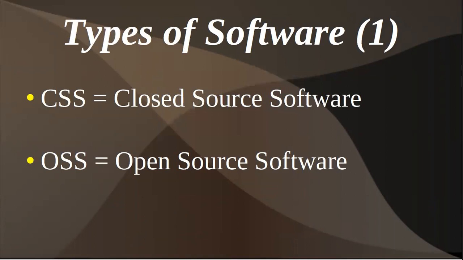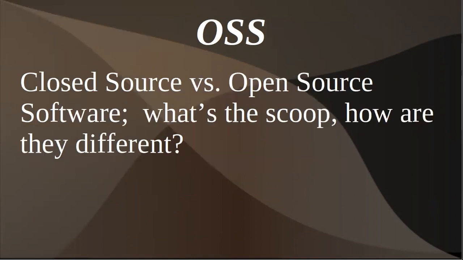So let's start talking about software. I do this in categories of describing the different kinds of software. And the two main types of software you have are closed source software and open source software. And a lot of people don't understand what's the difference between closed and open source, and what makes them different, and why that is important. And so I can give you an easy explanation if we talk about